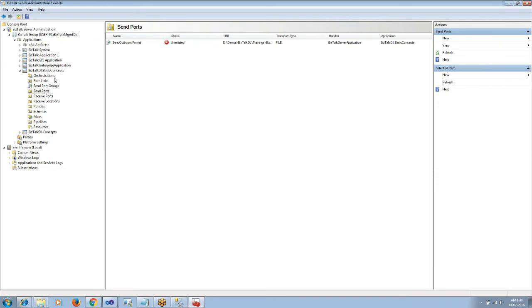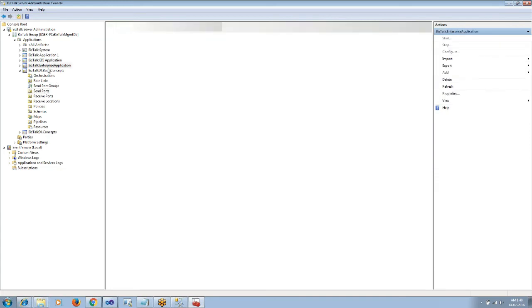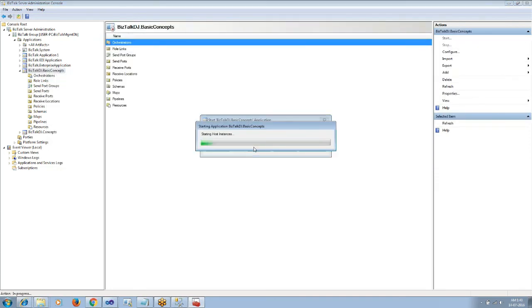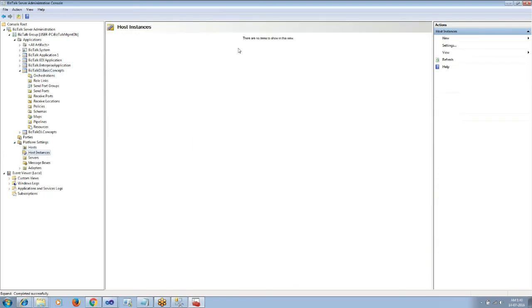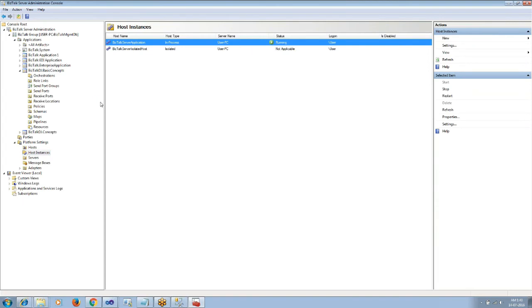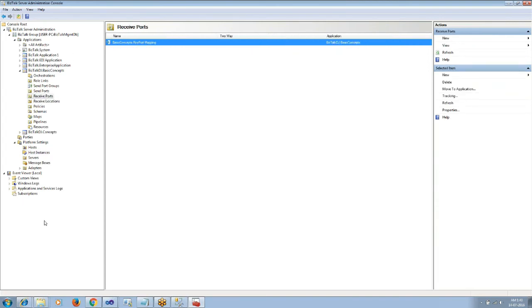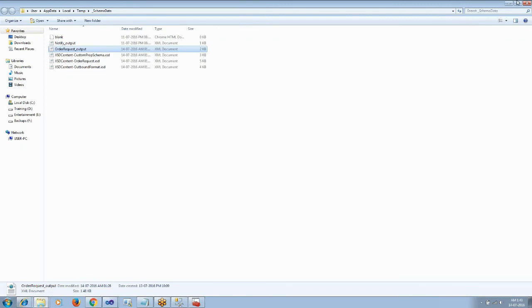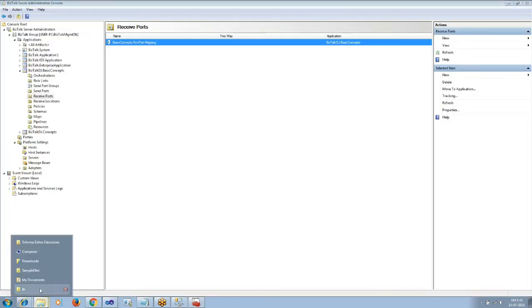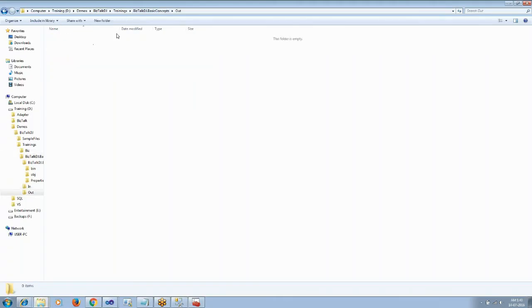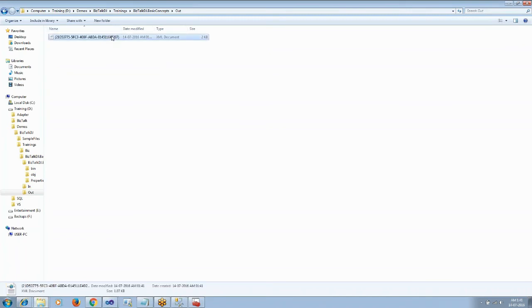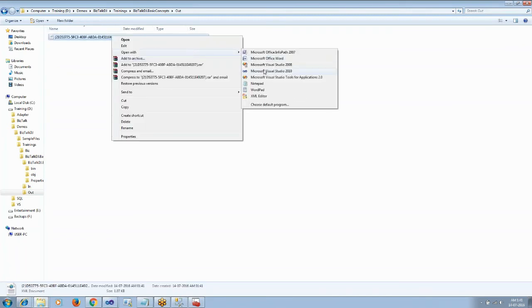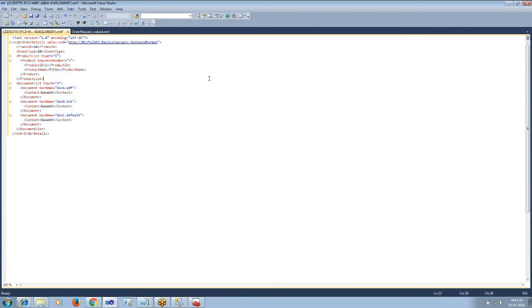So now let's start the receive and send and process a file. The message got picked up and it is available in the out folder as a transformed outbound format message.